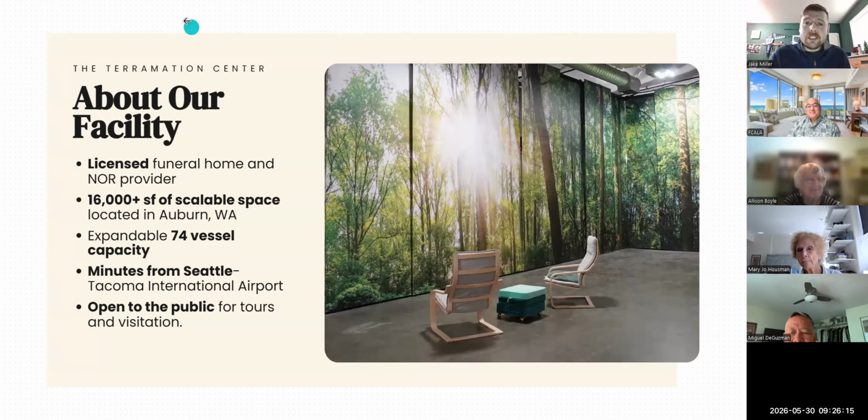But going back to our starting point, we started in January 2019, right after Washington had legalized, and built out our facility over 2.5 years. And we had a lot of expectations of what this was going to look like, what our interactions with our families were going to look like. Being in the area that we're in, 90% of people in the greater Seattle area choose cremation. And many of those families choose direct cremation, meaning no services, no visitation. You go to the funeral home, your person's cremated within a few days, and I bring an urn back in a few days.